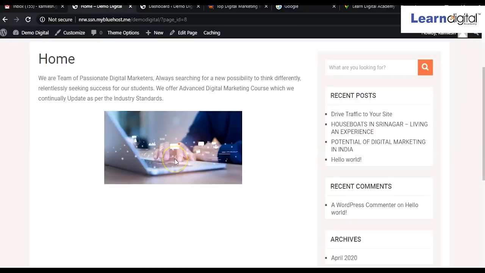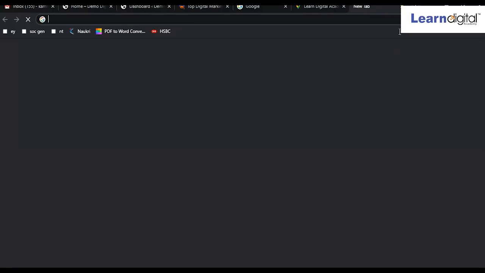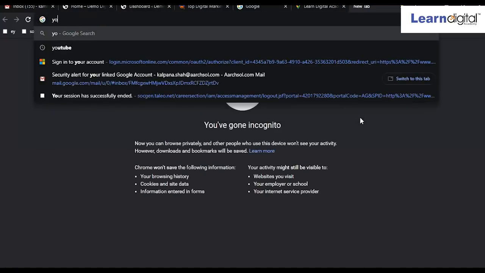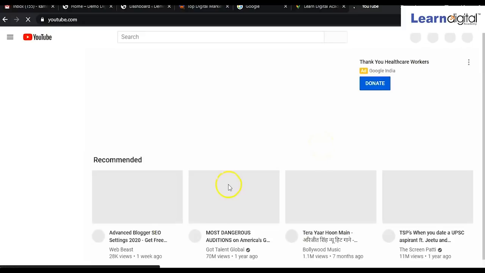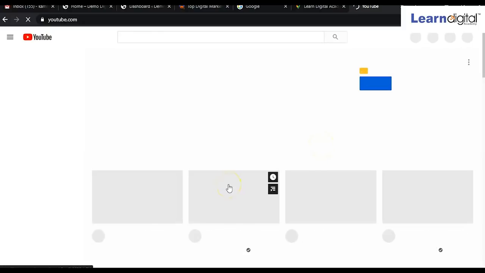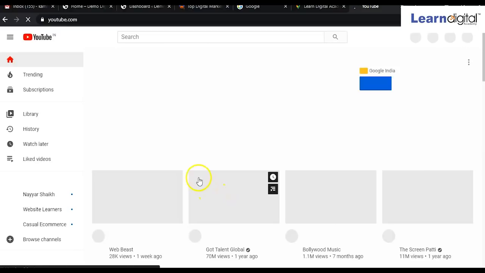Normally the image is coming. So what you can do, simply go to YouTube and whatever video you want to take, just select that video and the process will be the same. You have to take embed, right?